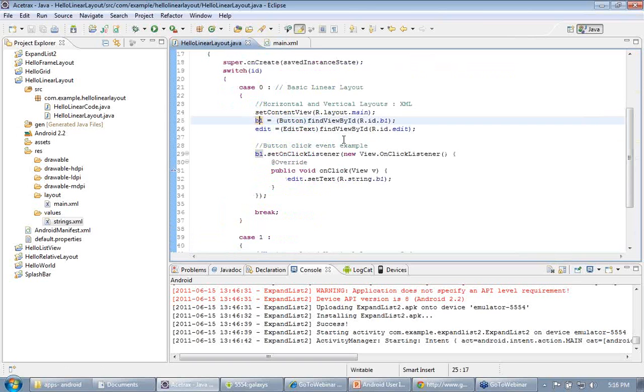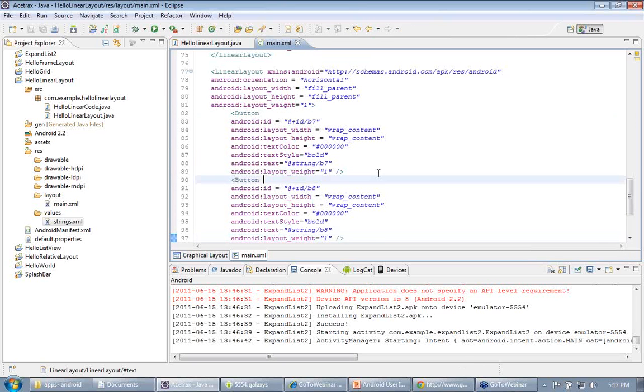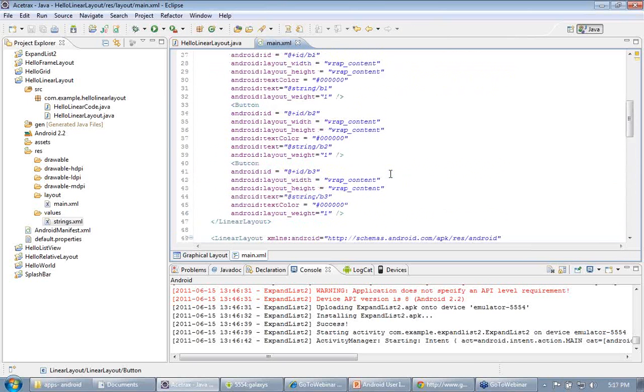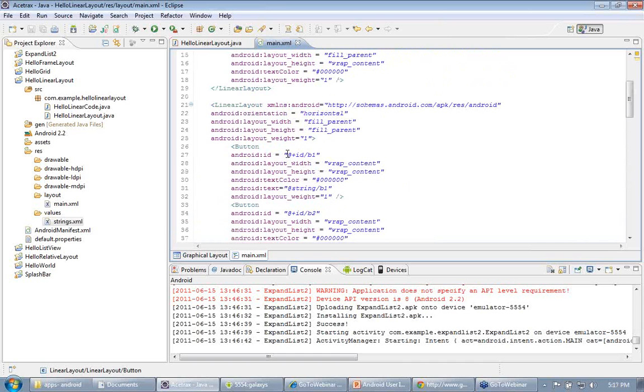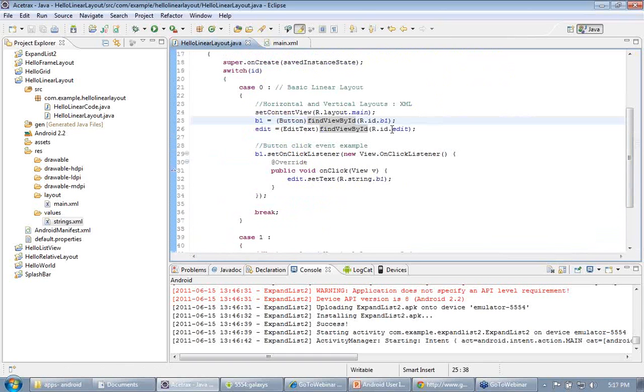Now what we are doing is calling button 1 by using the findViewById method in the program. What findViewById does is call a button from your XML layout in the program by using the ID which we defined in your main.xml. You can see this ID as B1. So using this ID, we call this component in the program. We also call the edit text box.